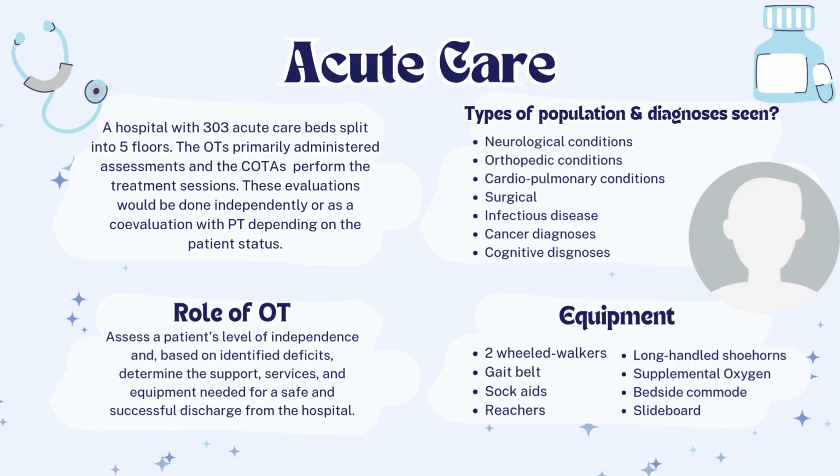Types of populations and diagnoses that I saw throughout my time at my site were neurological conditions such as stroke, TBIs, spinal cord injury and seizures, orthopedic conditions such as hip and knee replacements, fractures and multiple trauma, cardiopulmonary conditions such as heart failure, COPD, and MIs, surgical recoveries from abdominal surgery, cardiac surgery, spinal surgery, or thoracic surgery, ICU patients, which is like prolonged bed rest, delirium, or deconditioning, infectious diseases such as sepsis, and then cancer